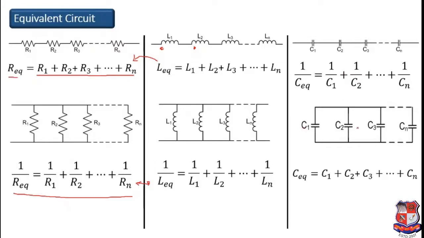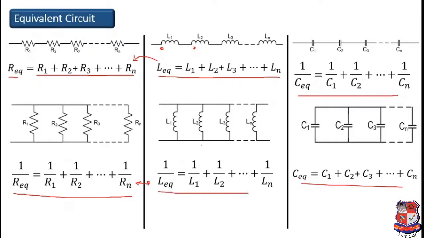And if capacitors are connected in parallel, then in that case you have to remember the resistance equation which was connected in series. So over here you can see it was just the summation of all the resistances which were connected in series. The same way over here in capacitors, when they are connected in parallel, then it will be the summation of all the capacitances. So these are the equivalents of each element. When you connect more than one, then you can find the equivalent element's value.